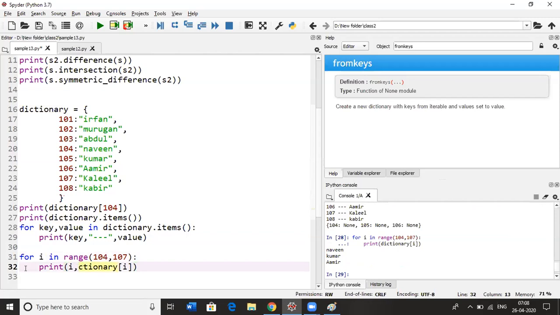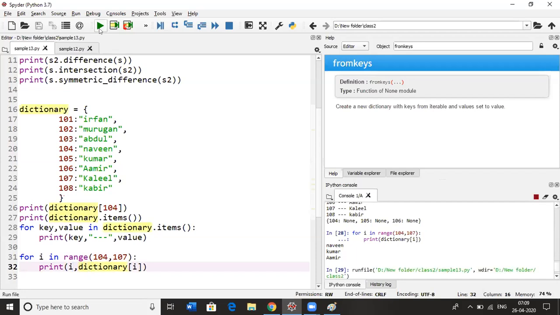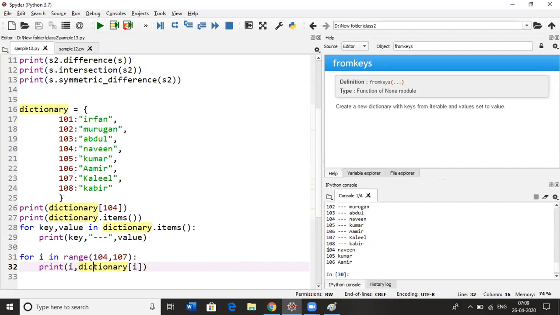In the console it is not showing the key, and it is only printing Naveen, Kumar and Khalil. I'm not printing the key. If I print the key, it will show. Try to print the respective things. Just now it's showing 104 Naveen, 105 Kumar, 106 Samir. You get it?